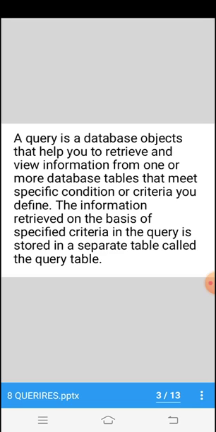In a query, we have to define the criteria upon which we want the information. Any information which we want, we have to give the specific condition, and the query helps us to take that information out of the table, and that information is saved in a separate table, and that separate table is called the query table.